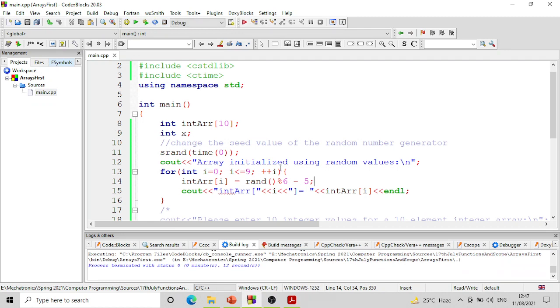But we want the range to be between -5 and 5. Okay, so we want the minimum value to be -5 and the maximum value to be 5. So how can we achieve that? For that, what we should be doing is, we should have a random number generator that generates values between